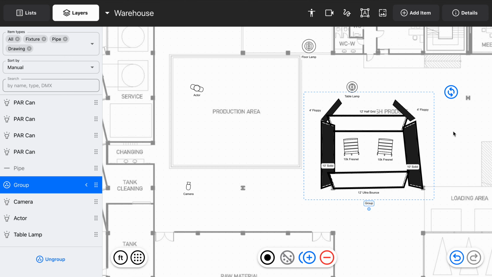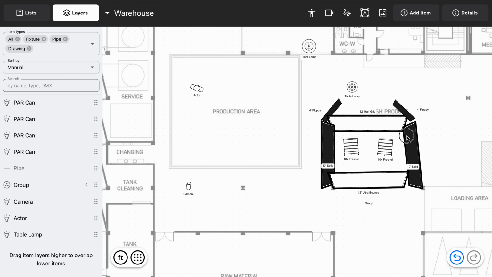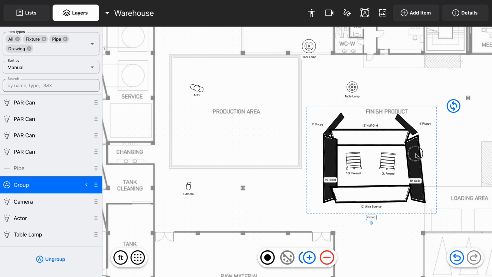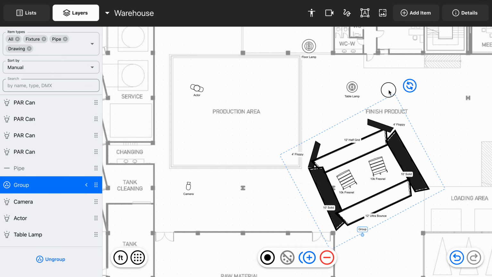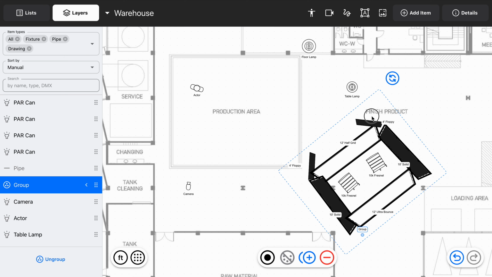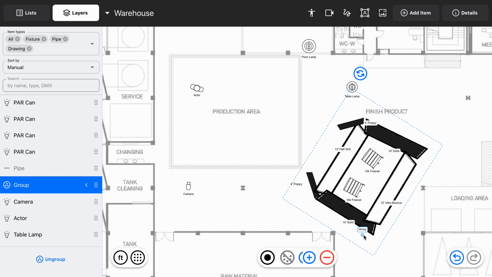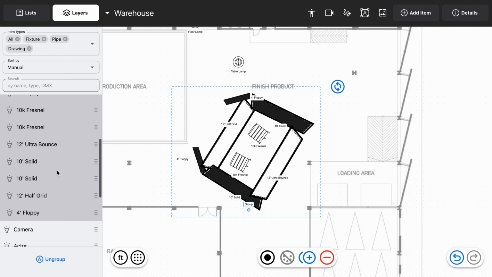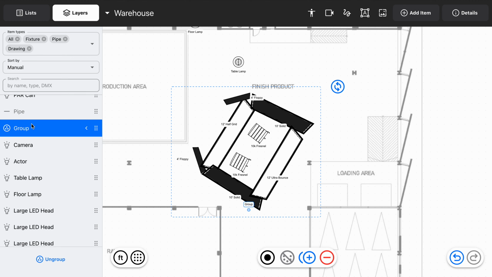Now we have this group that not only can we select as one piece, move around, but we can also rotate it as one piece. So you see that we can do that. It has its own label, and you can also see that that label appears over here in the table, and we have all of these items here under this collapsible row. So now let's just call this a booklight,